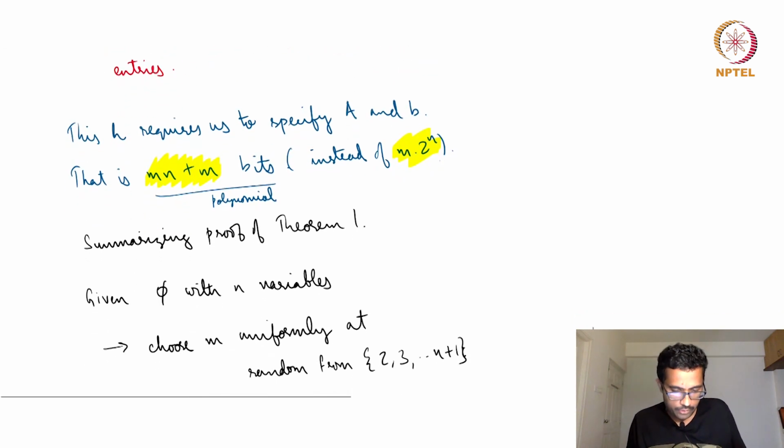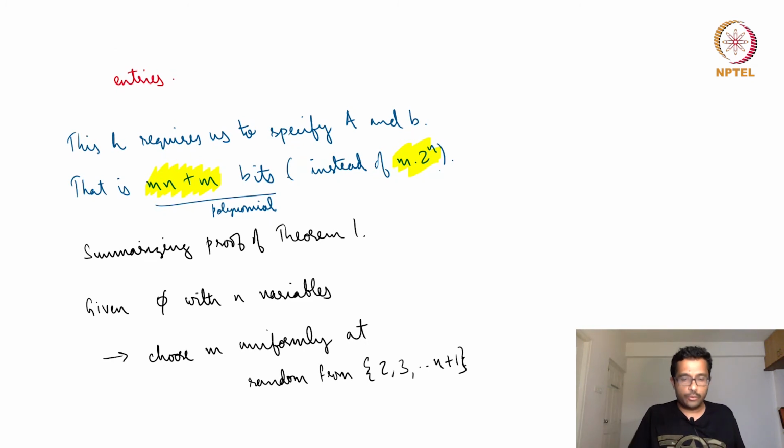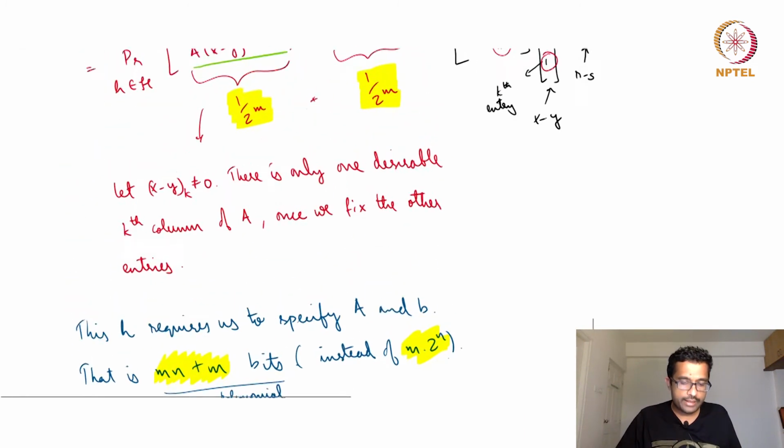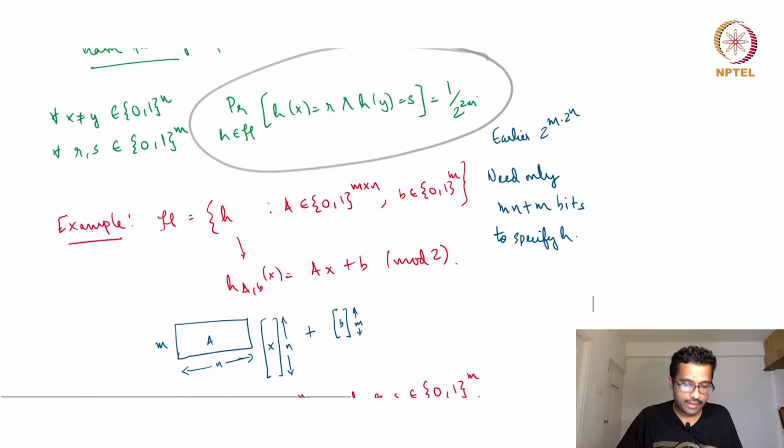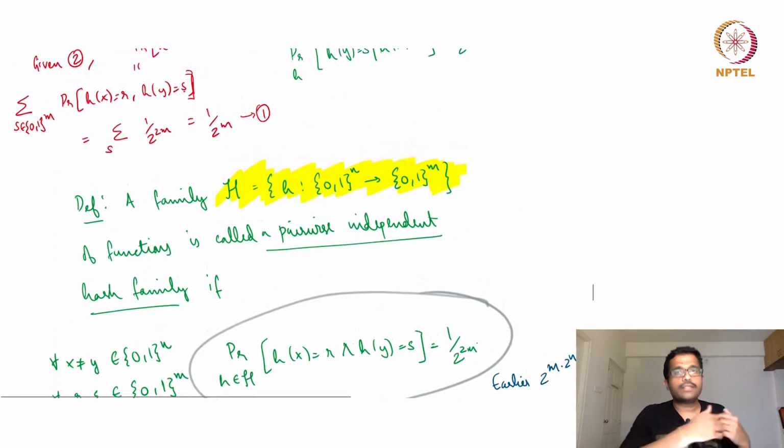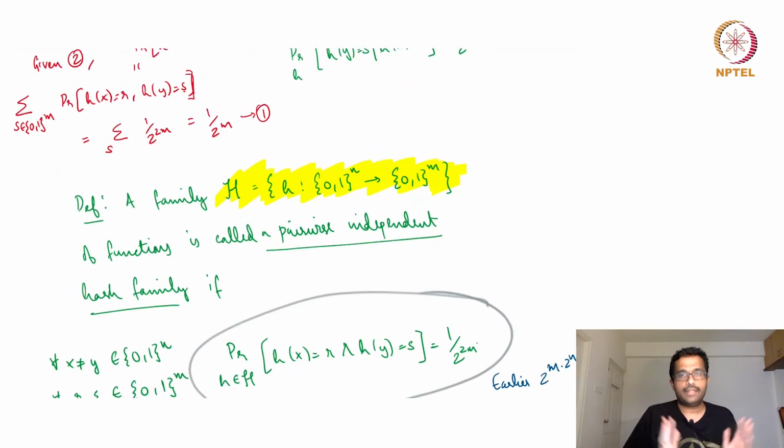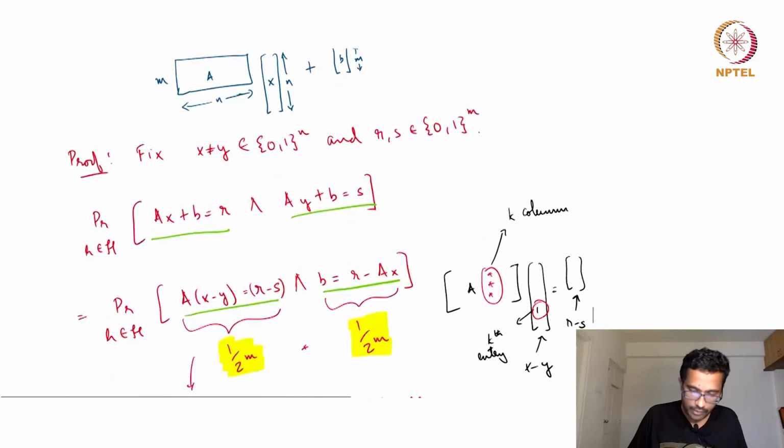So, just to summarize, we have now shown the existence of these pairwise independent hash functions, and we can just use these hash functions instead of the random h. This will be a much smaller class of functions, but if we choose these functions randomly from this family, it will have the properties that we need. This will not have all the independence, but we don't need all the independence. This is the extent of independence that we need.